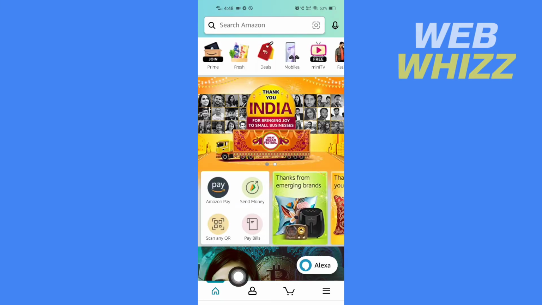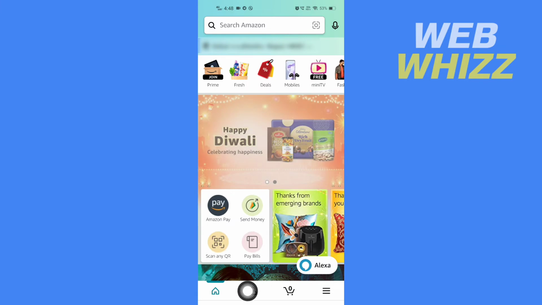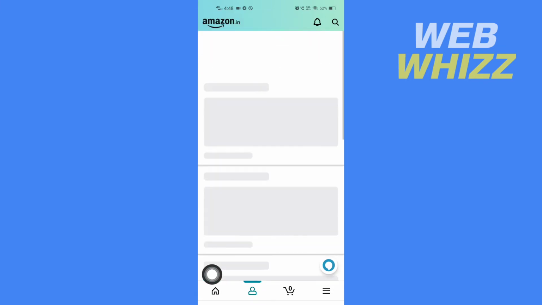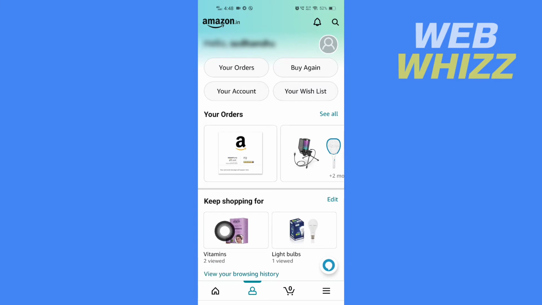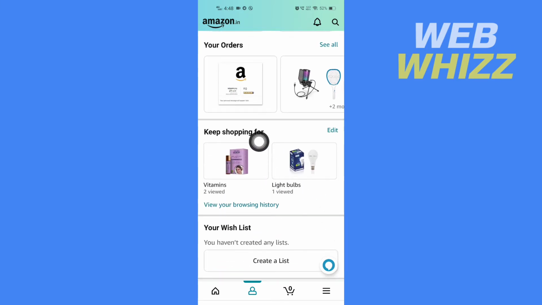Then here tap on your profile in the bottom here. Then wait for this page to load. Once the page is loaded, here you will see the recommended items. So you have to tap on view your browsing history,